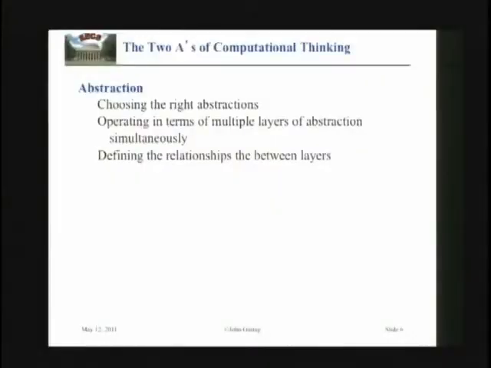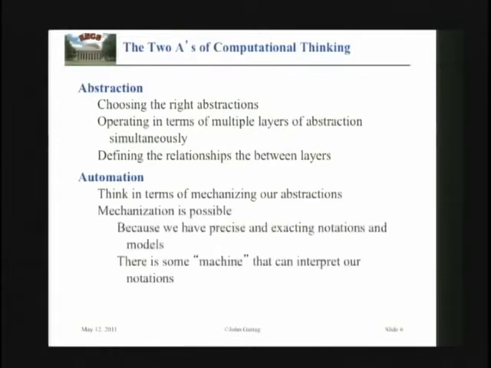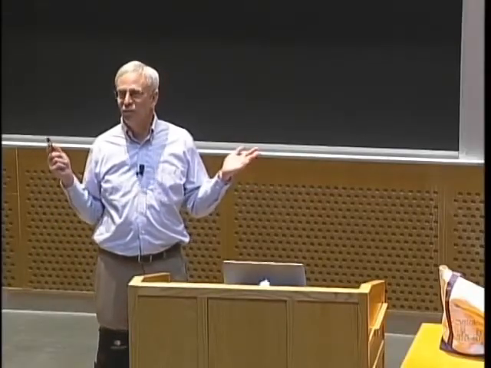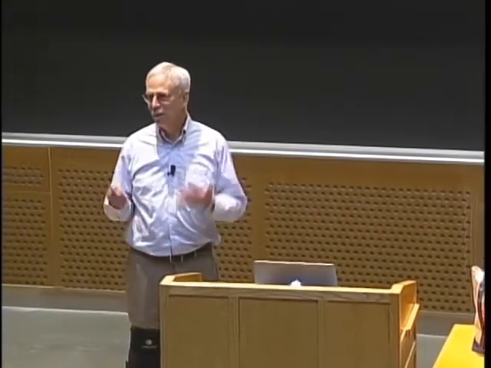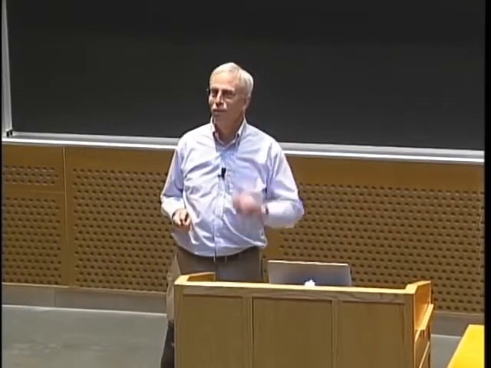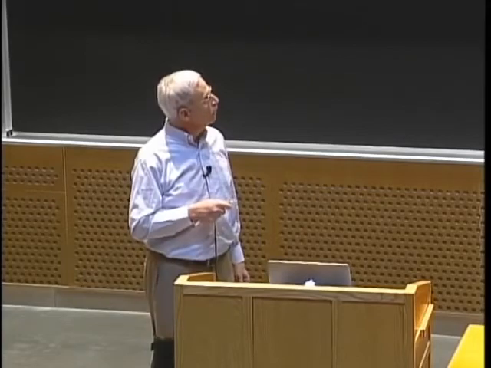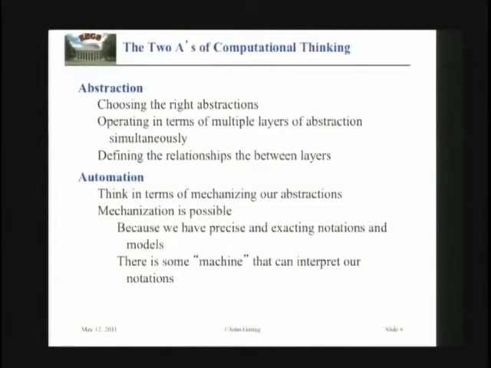And then we have to think about the relationships among the layers. A key thing that makes computational abstractions different from so many others is we can automate them. So we often think about abstractions as we go through life and think about how to cope with things that are too complex to understand. And we have these various abstractions. Newton gave us some good abstractions of the physical world that let us understand almost how things like levers and such work. But here we get the big advantage that we not only can invent an abstraction, we can mechanize it.